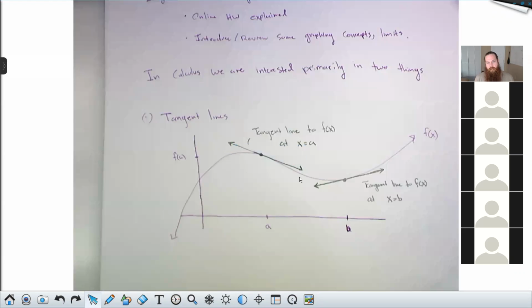Some other interesting ways to think about it: you'll notice here at a, the purple function is definitely decreasing, and the tangent line points down. Over here at this point b, the purple function is definitely increasing, and this tangent line points up. So tangent lines can also help us figure out where a function is increasing and decreasing, and that's very useful if you can work with the tangent line algebraically, independent of the graph. They'll also help us find things like maxes and mins. And I'll let you think about what the tangent line would look like at that max or at that min.